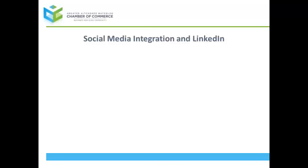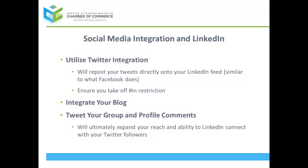Now, social media integration and LinkedIn is very important. You want to utilize the Twitter integration that is already created inside of it. This means that once you link your Twitter account to your LinkedIn account, it will repost your tweets directly to the LinkedIn feed. It's very similar to what Facebook does as well, and vice versa, Facebook to Twitter. But the original setup has a restriction where it's a hashtag that you have to put in, #IN, for it to be linked to your LinkedIn account and reposted. You can take this restriction off. It's very easy. You just need to uncheck a checkbox,